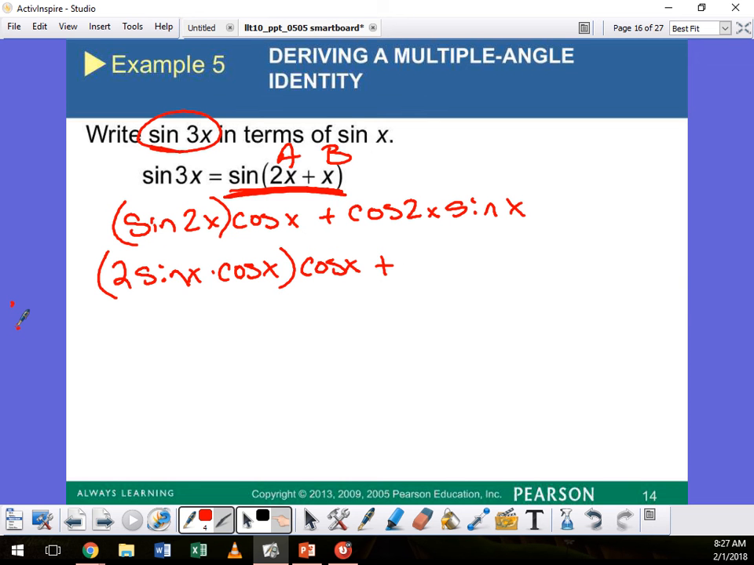Now, but isn't cosine 2x a double angle here? Right? So I'm going to take this piece and replace this with, what did we say? Cosine squared x. Why did you square? That's the other equation, one of the identities for the double angle. Yeah, that's what we've been